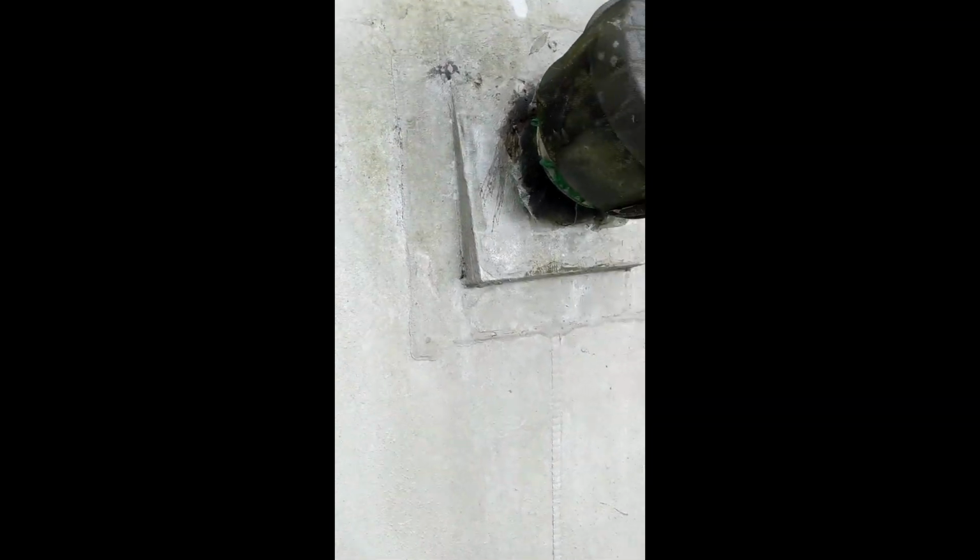This roof you got to walk about. Step about every 30 inches, 2 feet, to hit the rafters, because it's just sheet metal. And you can see this coating isn't too old, but